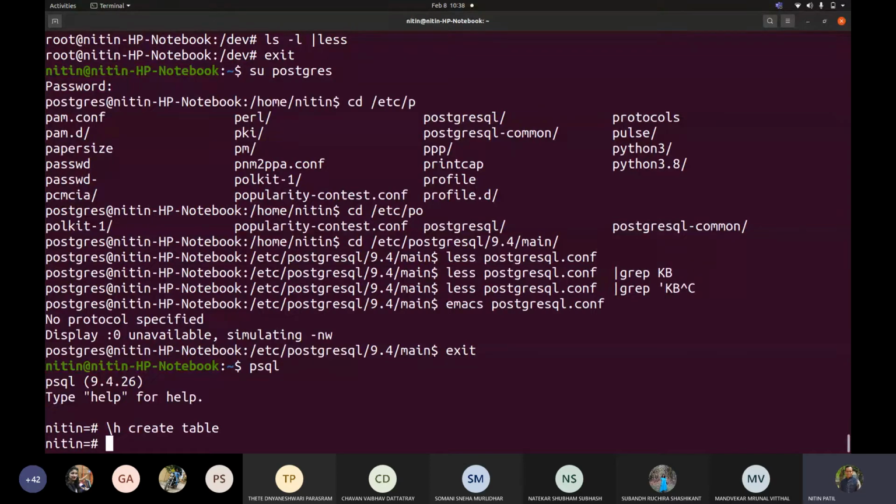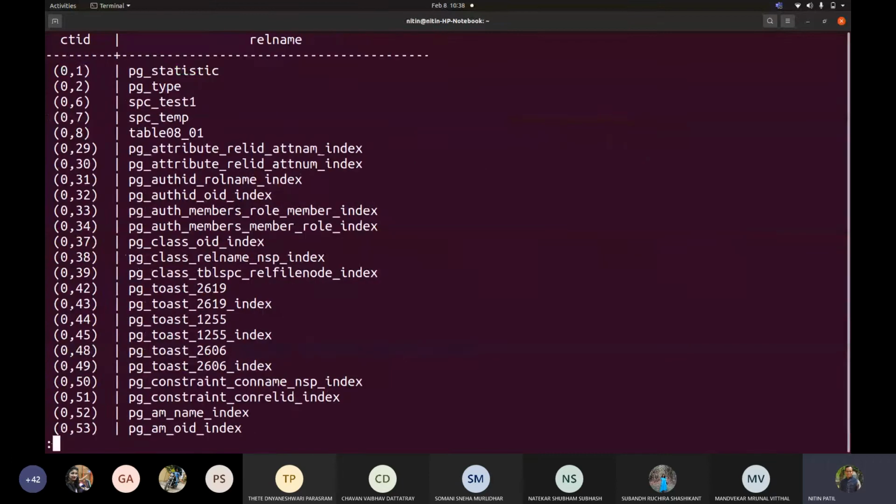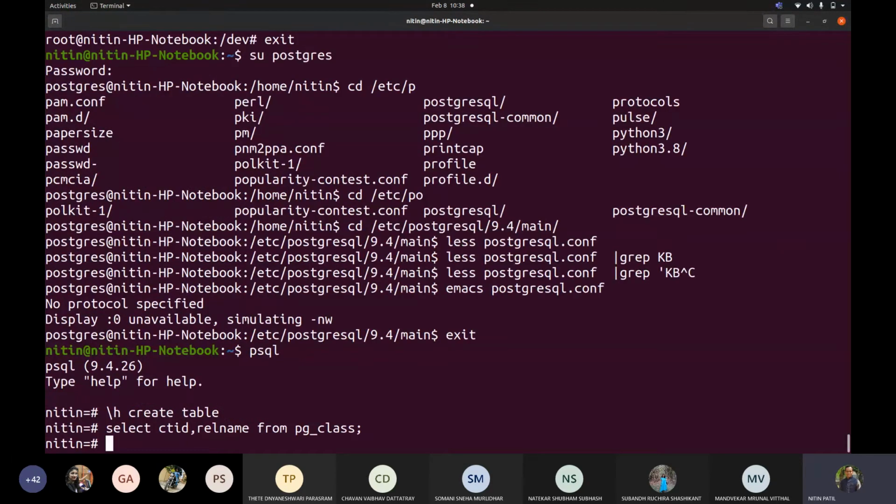So, like we saw that aspect with respect to this as well. CTID from pg_class. Correct. So here it is showing me something like this, 0, 1. So whenever I am referring to a table where there is no particular constraint added, how exactly can this situation be done? How can this situation be accepted?